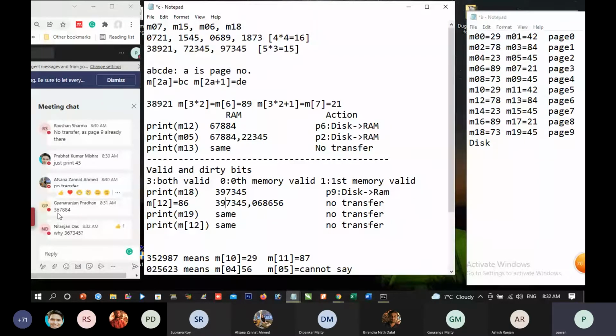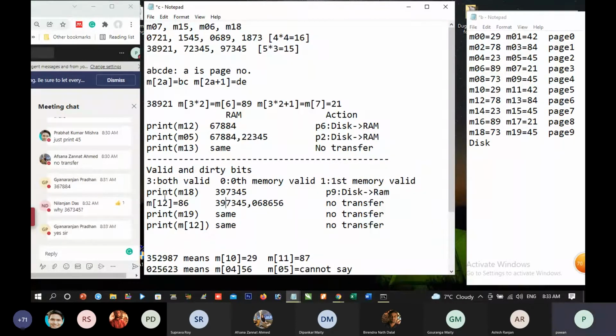What is this 367884? It is not clear to me. No. M12. This M12 will not be used. Gyan, you are wrong. This M12 will not be used.